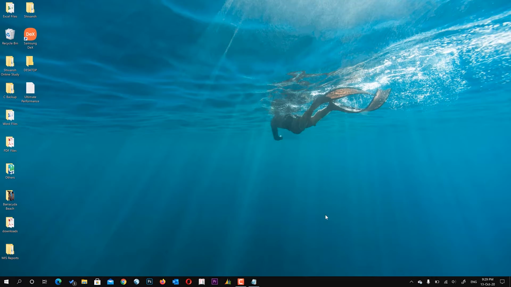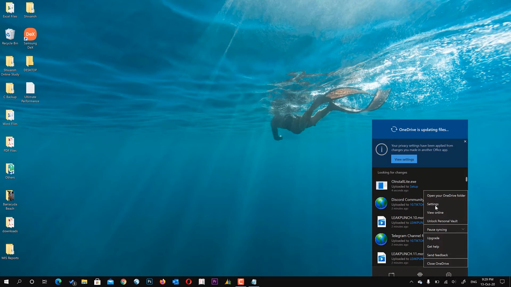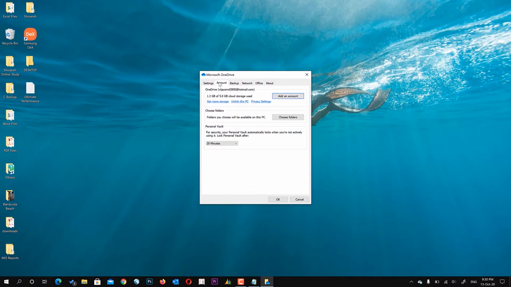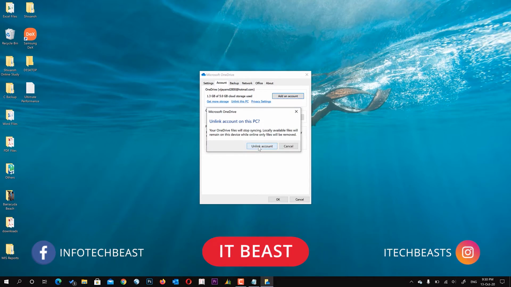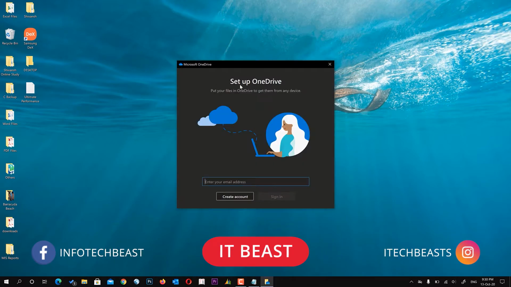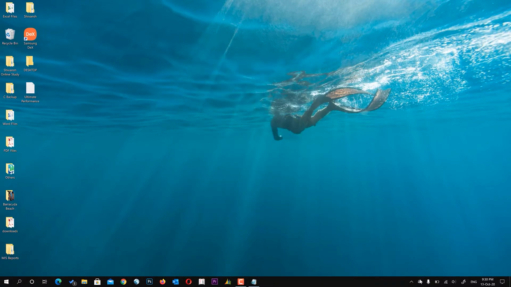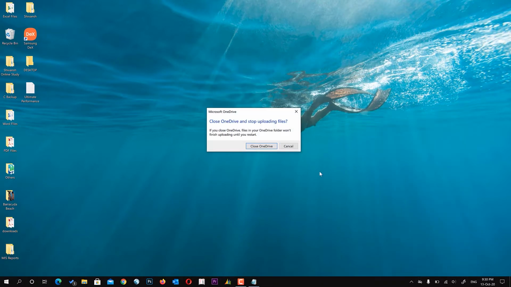If you decide to turn off syncing permanently, right click on the OneDrive icon, click on Settings, click on Account, and click on Unlink this PC. Unlink account. It will ask you to set up OneDrive again, which you should not do. Just simply close OneDrive. That's it.